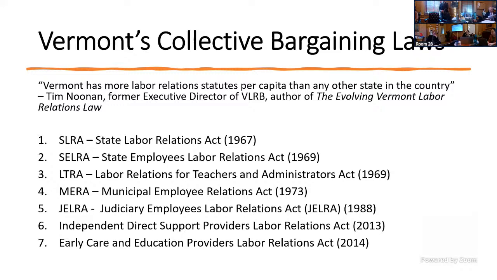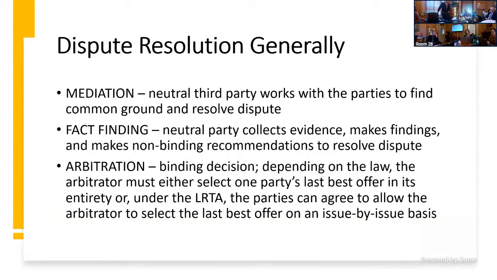And so generally what you want to do with last best offer, again, the goal is to push people to the middle. So with last best offer, your goal typically is to get as close as you can to whatever the fact finder said, because they're a neutral party. And so the arbitrator, the Vermont Labor Relations Board, whoever's looking at it, is going to see that as the middle path, and a reasonable way to resolve the dispute. I think that's it. Oh, yeah, just generally, again, it's a multi-step process: mediation, fact finding, arbitration. And again, if folks have questions, happy to answer those.